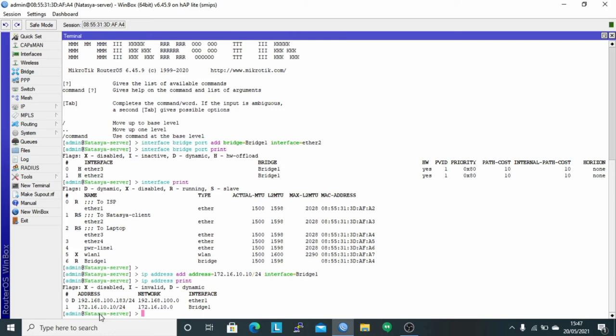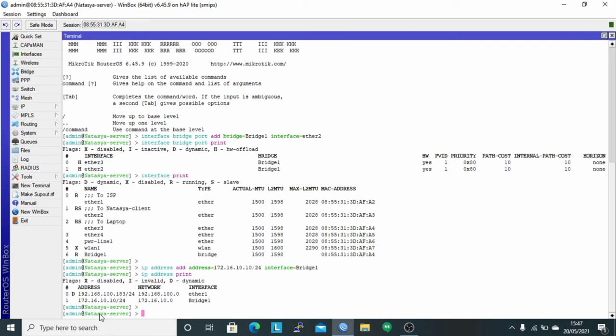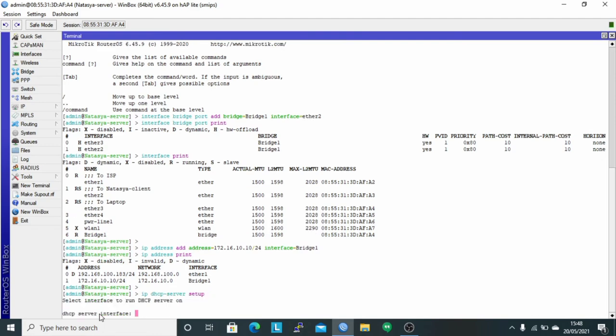After that, configure the DHCP server to distribute IP addresses to clients by setting up the DHCP server using the bridge interface with the command IP DHCP server setup. For the DHCP server interface, use interface bridge 1.